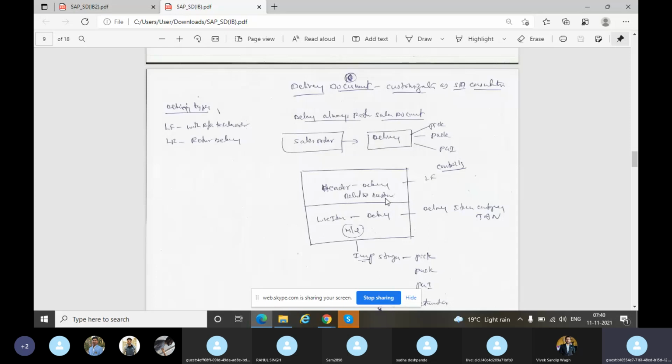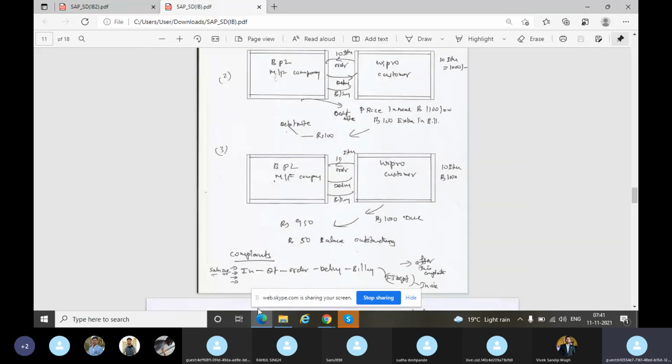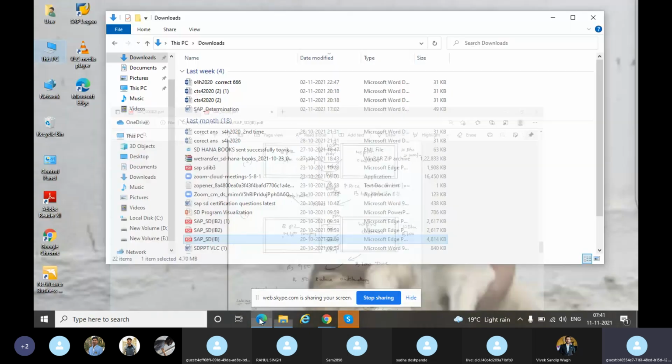Okay. Next, delivery document types. LF is with regard to the sales order. LR is return delivery. So delivery is always with regard to the sales order. You can't do delivery directly. You have to create an order, then delivery. And delivery needs a shipping point, a sales order reference number, and the sales order schedule and delivery date, which is the date given by the customer. So keep all these in mind, and then you have to do the delivery document customization.